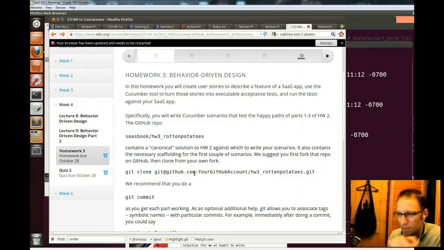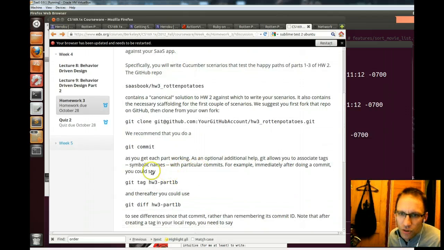which you might have got if you completed, was it homework 1 or homework 2? Yeah, homework 1, and you completed it and got the vouchers for GitHub for the private repositories. I got one of those vouchers, but I missed the deadline for it. So anyway, they do mention in here this thing about